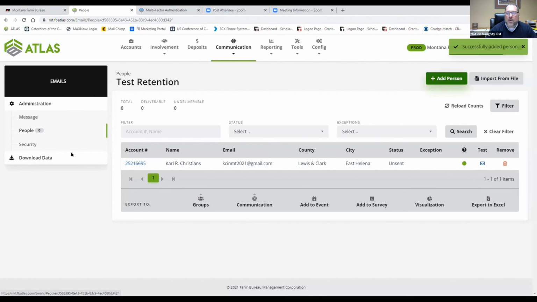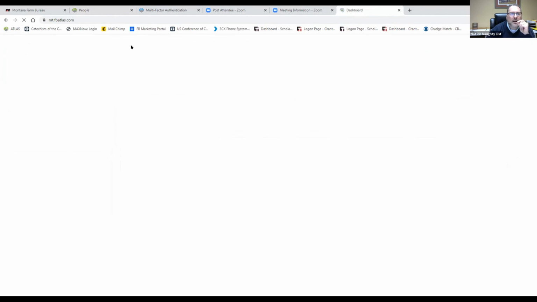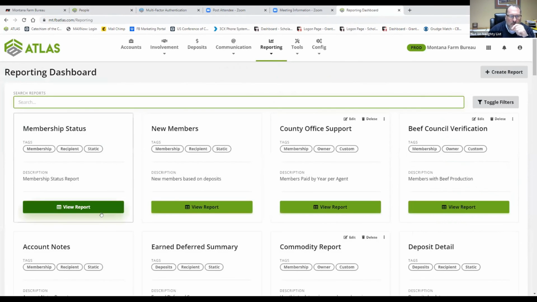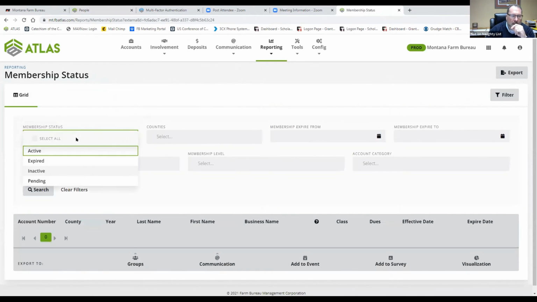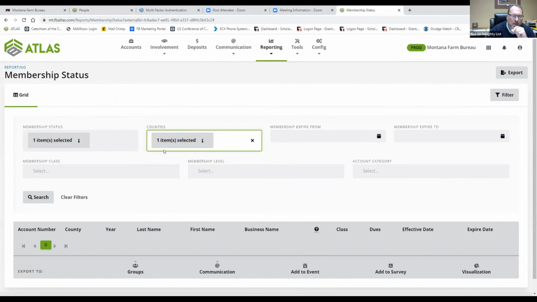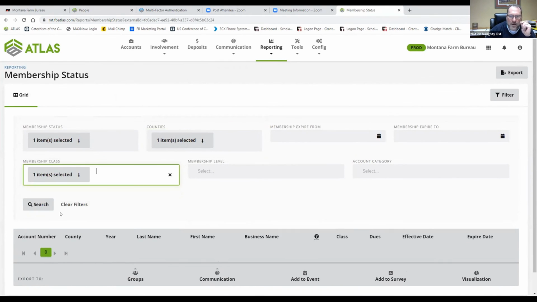Or what I was showing you about before with the reports, I'm going to jump around a little bit here. Say I wanted to do this membership status, and I wanted everybody who has expired in Fergus County Farm Bureau, and I don't care when they're expired, but I only want to send this to voting members.